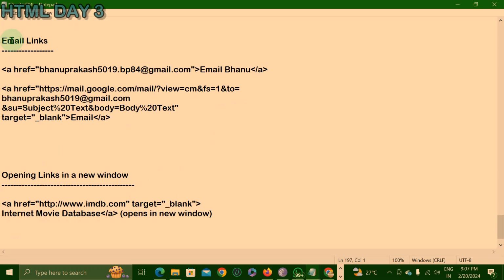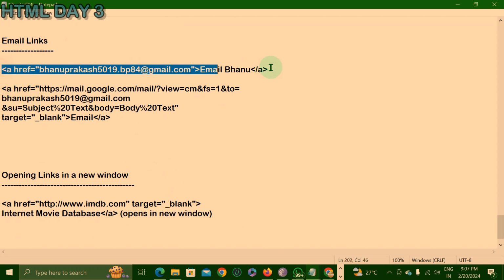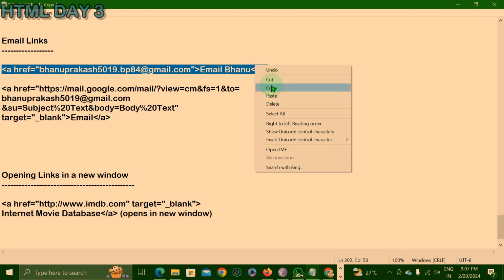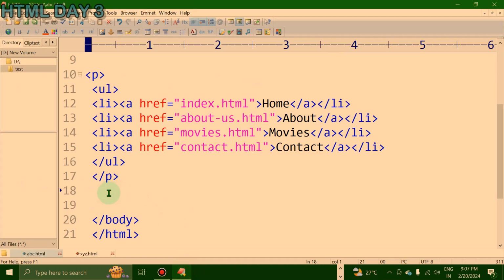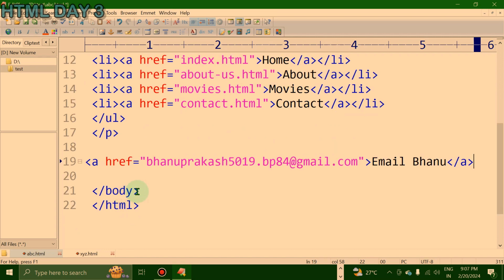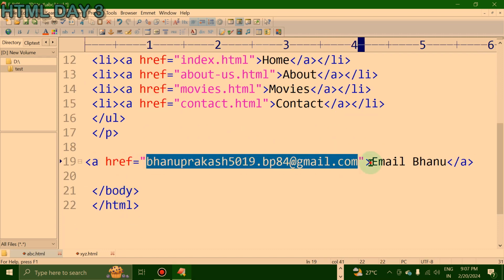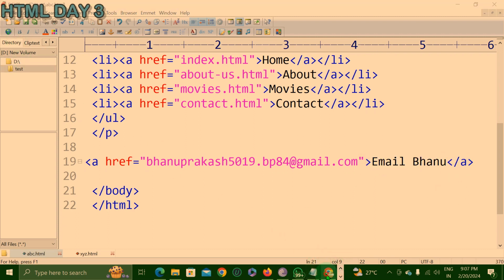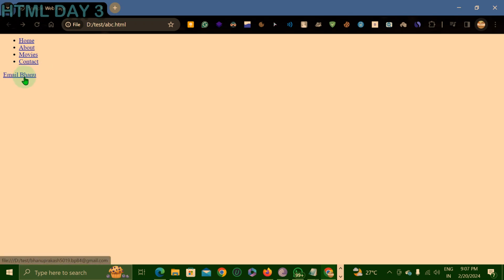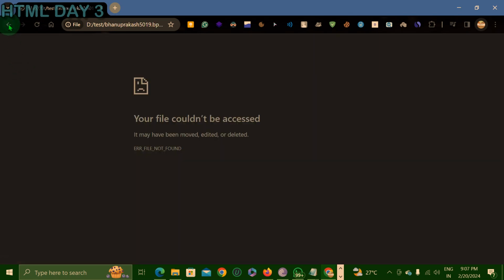That's it. And not only that, you can redirect them to your mail addresses also. How can you do that? See here, this is the example for that. Anchor tag, now I'm mentioning the href attribute, I'm mentioning my mail ID and email, right? Now let me save this and go to the browser, just to see. And when I click on this thing,